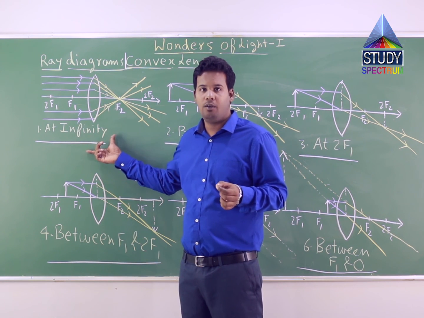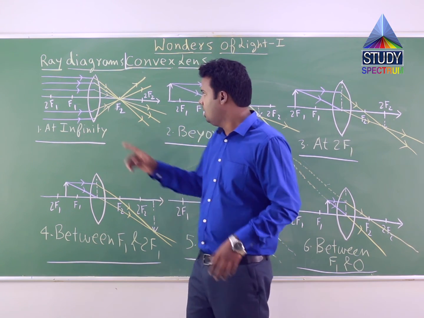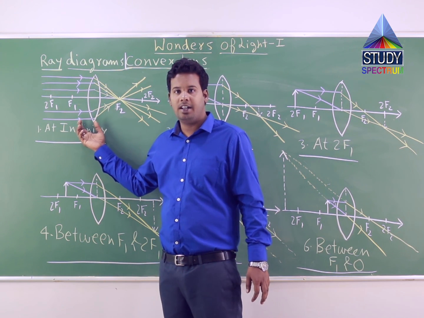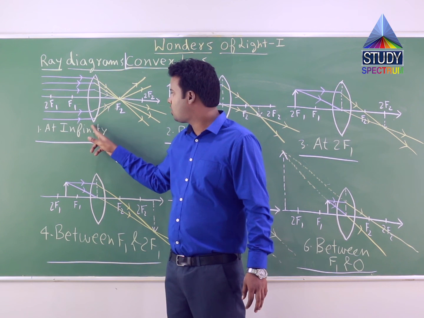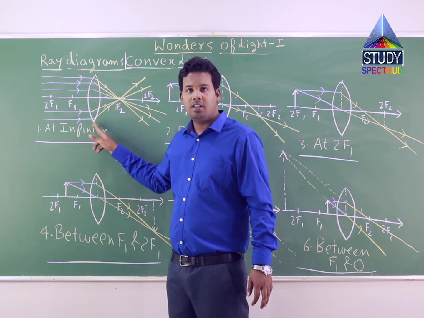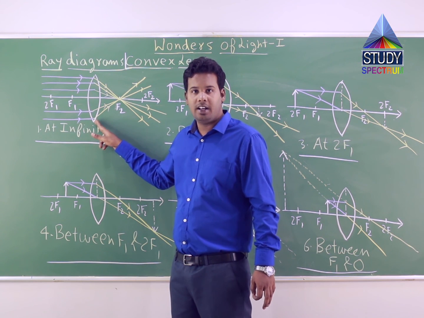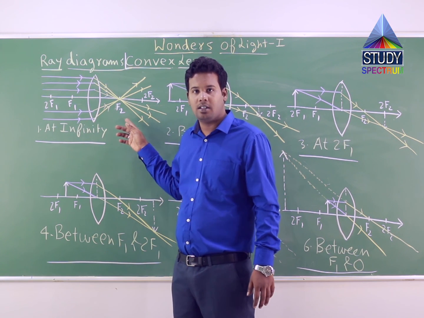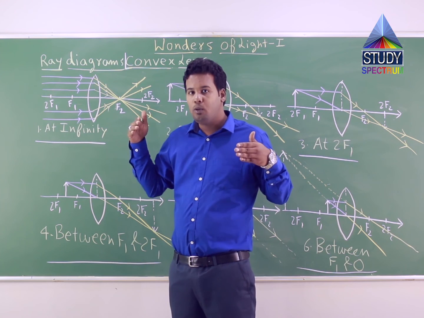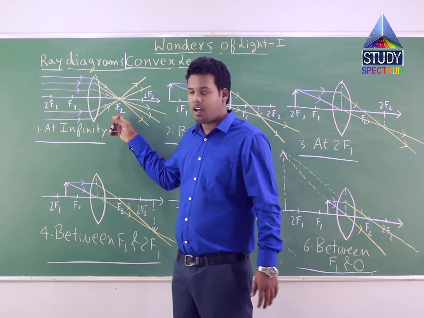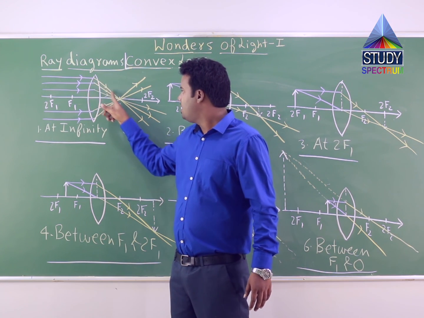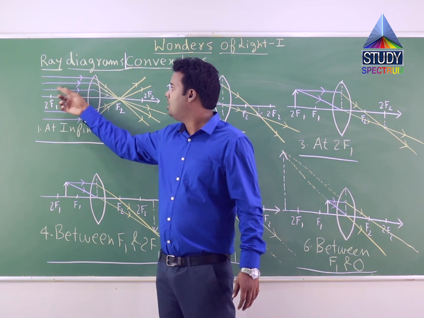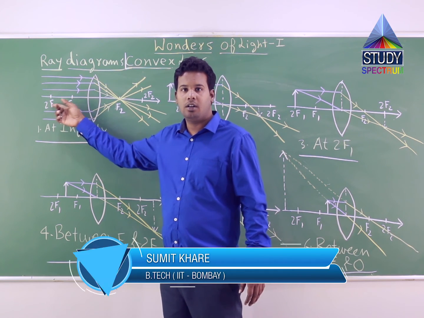Let us see with the help of a ray diagram now. See, these blue lines coming from a very far distance are incident rays. They are falling on this convex lens, and since this convex lens is a converging lens, they will meet at some point on the principal axis. Correct? They will move inwards, converge rather.